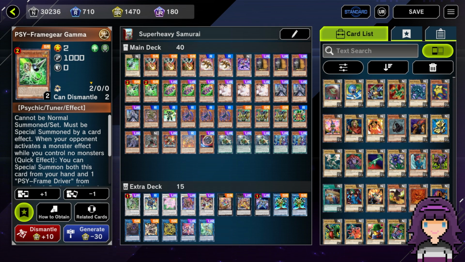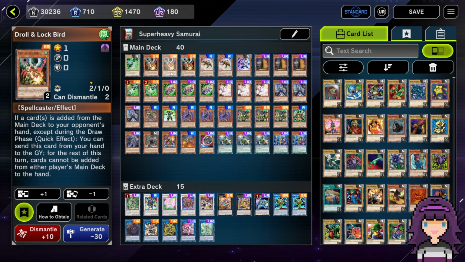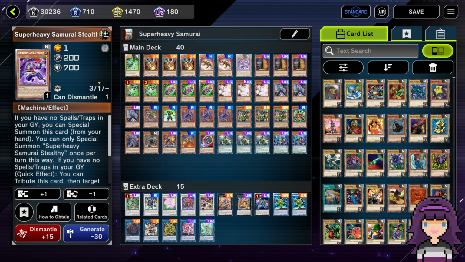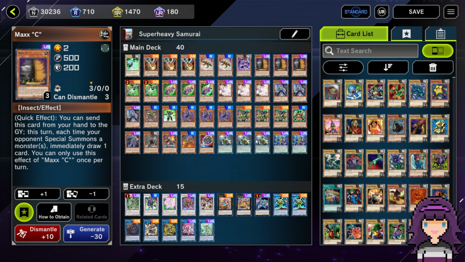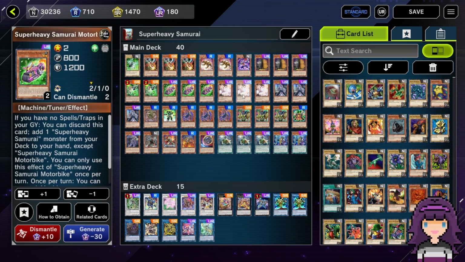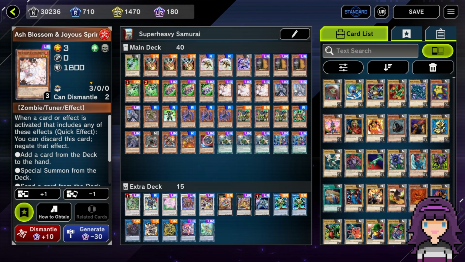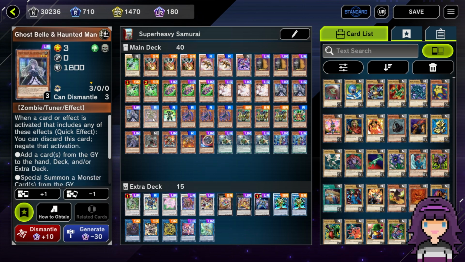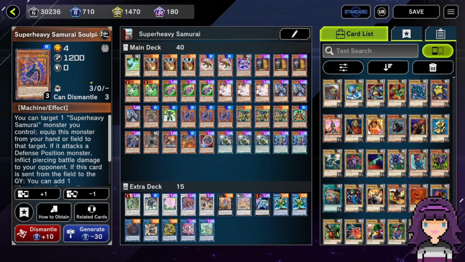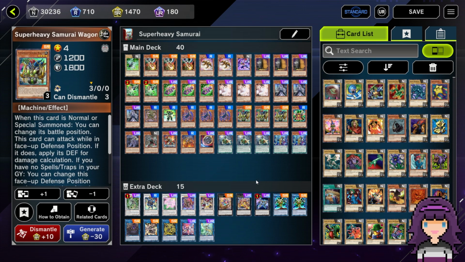We are on 1 PSY-Frame Driver, 3 Droll and Lockbird, 2 Superheavy Samurai Soulpeacemaker, 1 Superheavy Samurai Stealthy, 3 Maxx, 2 PSY-Framegear Gamma, 3 Superheavy Samurai Motorbike, 1 Ash Blossom and a Joyous Sprig, 3 Ghost Belle and Haunted Mansion, 1 Ancient Gear Box, 1 Super Heavy Samurai Scales, 3 Super Heavy Samurai Soulpiercer, 3 Super Heavy Samurai